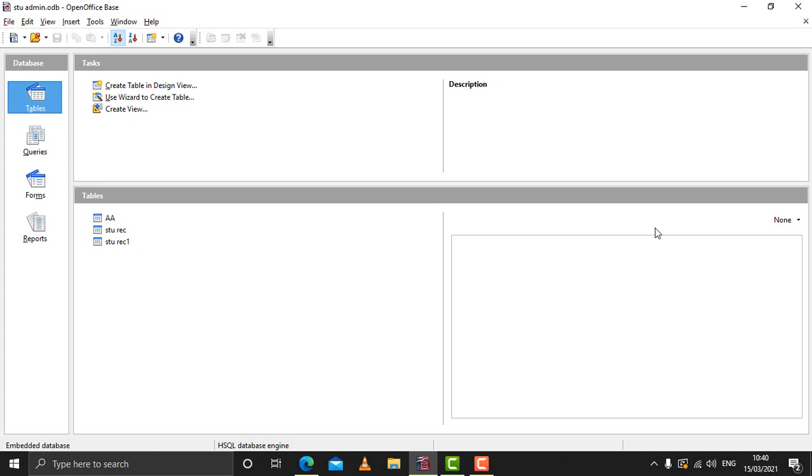So structured query language is used for these purposes, for updating and modification of the data in a relational database. So we will today learn about some of the statements of SQL which can be used in OpenOffice Base for all these purposes. So let's begin.